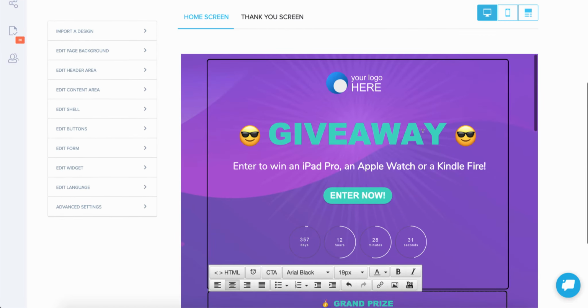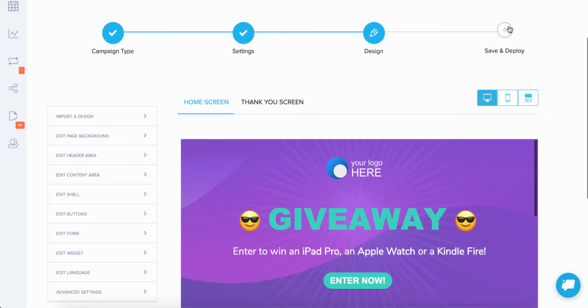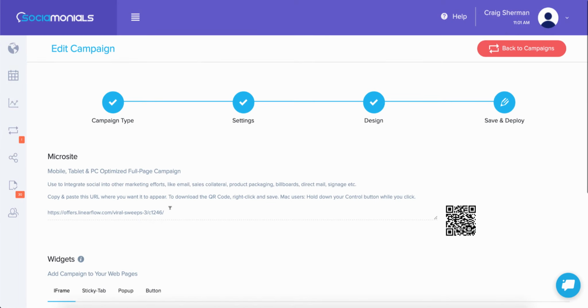And one thing to mention about these call to action buttons, let's say you put one in the header. If you go to the thank you screen, it's smart enough to remove that, because the call to action button on the thank you page wouldn't make any sense. So let's go and take a look at our live campaign. So we're going to visit this campaign,